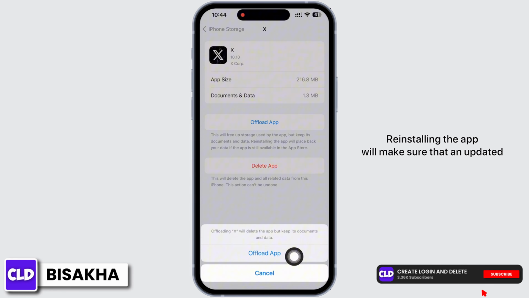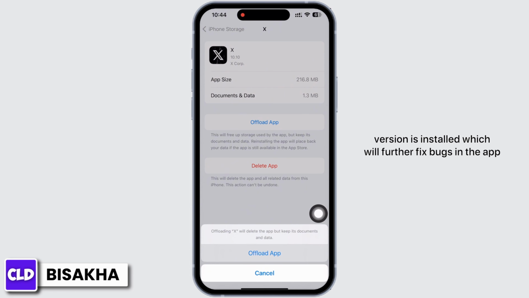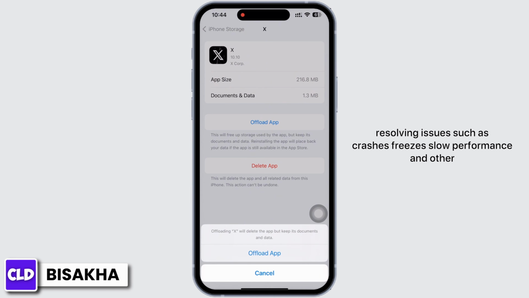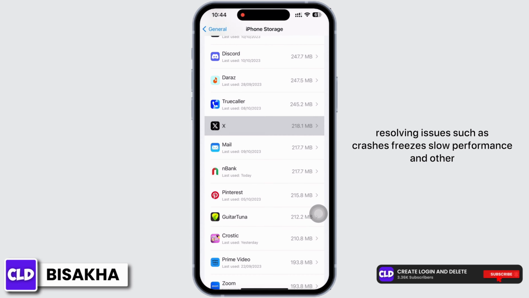Reinstalling the app will make sure that an updated version is installed, which will further fix bugs in the app. Do not worry because offloading the app will just delete the app but keep its documents and data. By performing this process, you give the app a fresh start, potentially resolving issues such as crashes, freezes, slow performance,